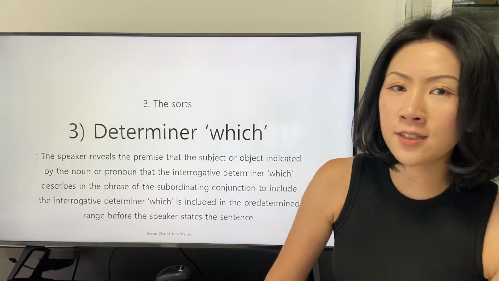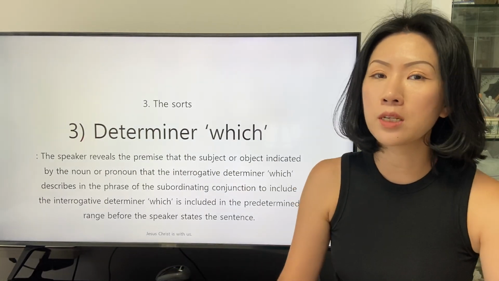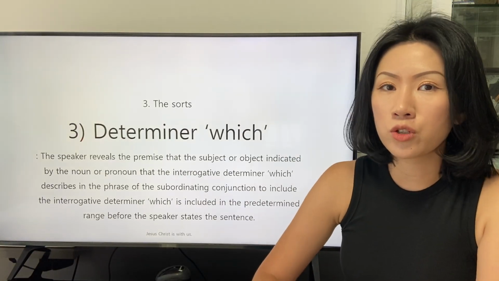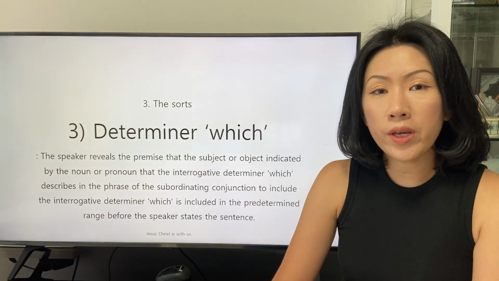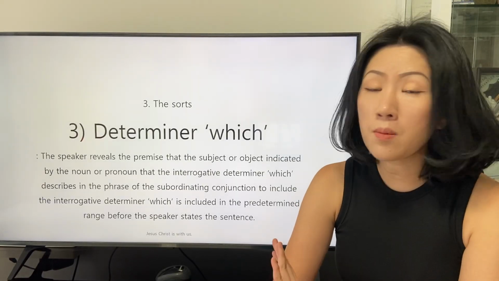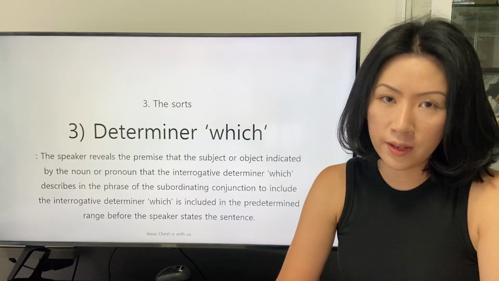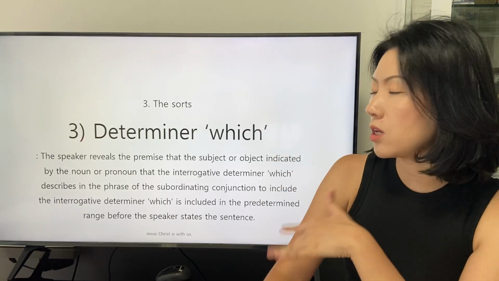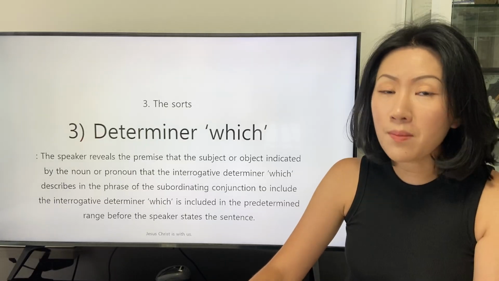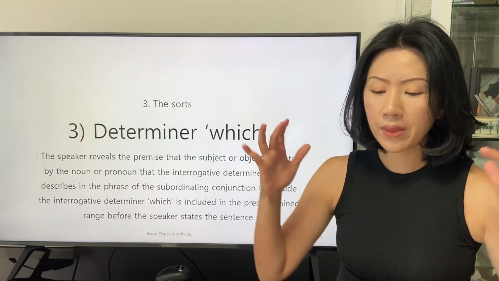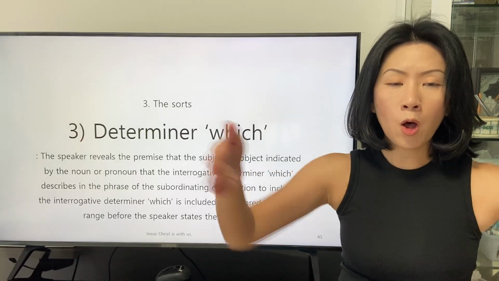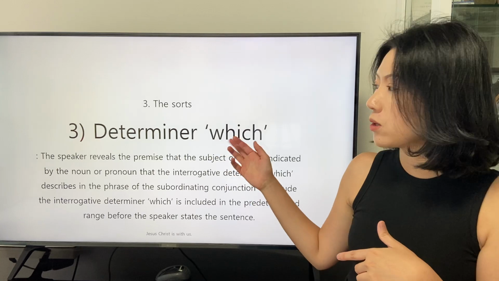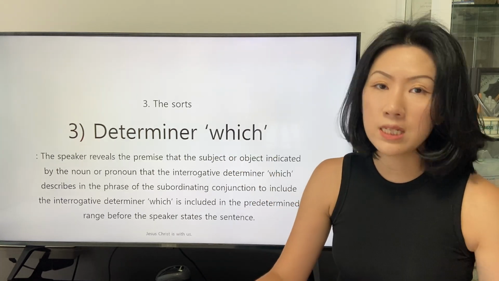Good afternoon. Today we will study the determiner which as a subordinating conjunction. We've studied the determiner which as one of the interrogatives. And we've studied that the speaker applies the determiner which on the premise that the speaker sets a predetermined range of an indication described by the determiner which, like which season,